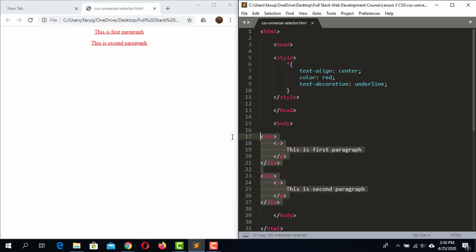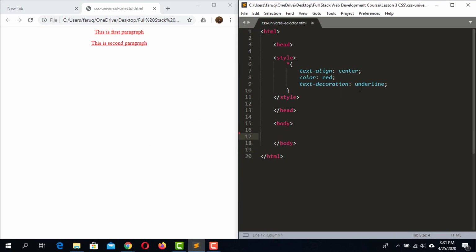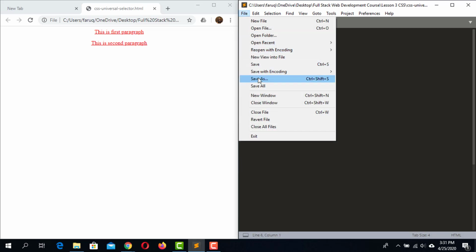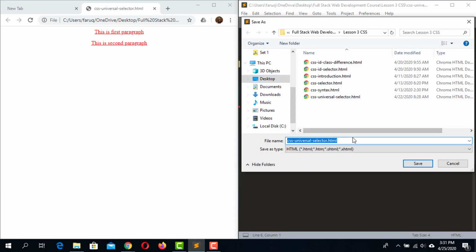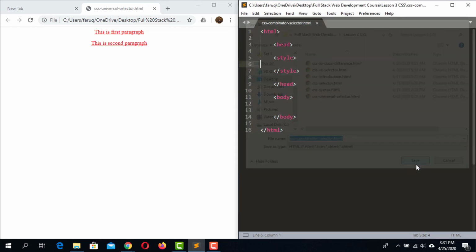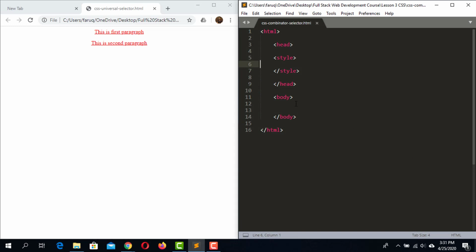First, remove the codes of the previous section and save it as CSS Combinator Selector.html. Now in the body,